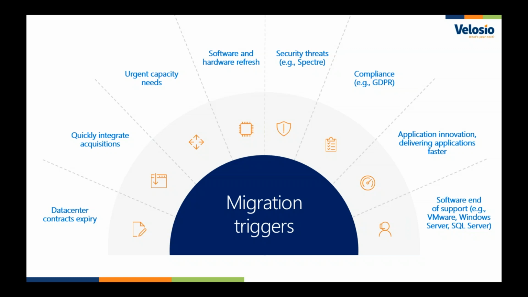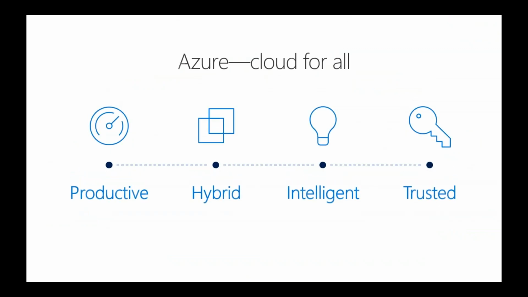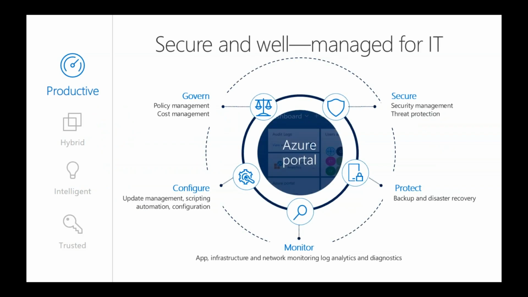So really, as we look at the different things around triggers, I think the four things that we really want to highlight, and again, why Azure we feel is the best platform for whether it be your hosting or integration of applications or a lot of the things that we mentioned Azure is the backbone for. So we're going to focus on four real key elements around productivity, the hybrid piece that Tyler talked about, intelligence, and I want to hit a little bit about that machine learning and advanced AI functionality, and ultimately the security, which is certainly critical for all companies and one thing they have to have as part of their transition to the cloud. So let's start with the security first.